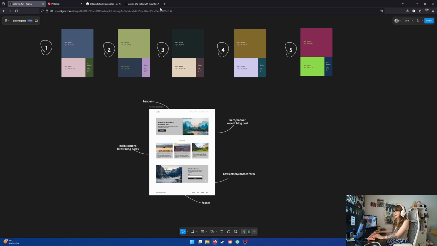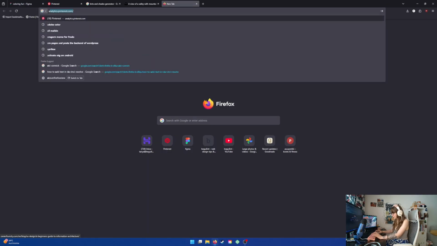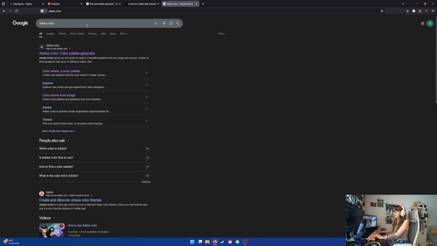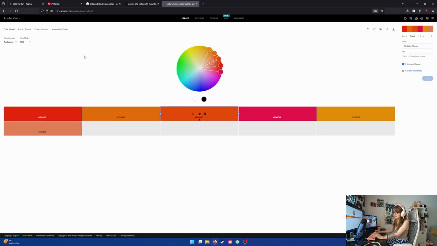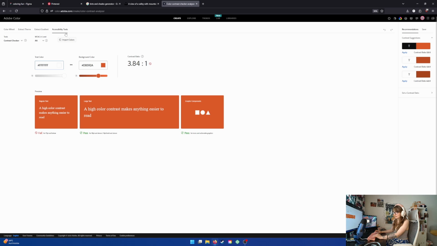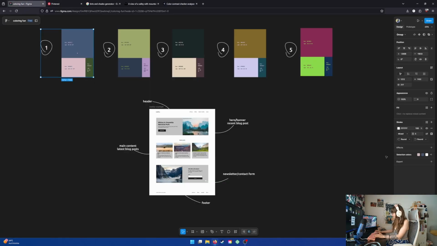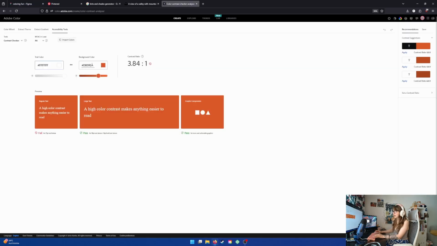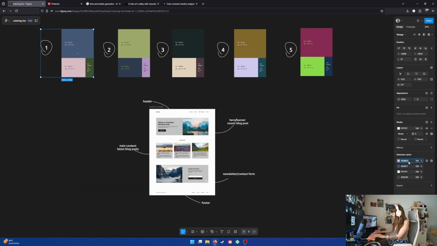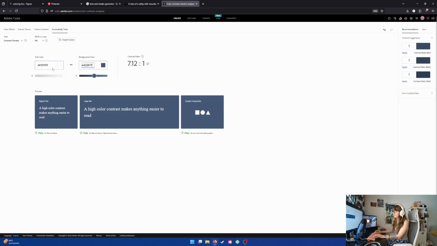One of the easiest ways, in my opinion at least, is to use Adobe Color. You can go to Adobe Color, it's a color palette generator as well, but basically go to accessibility tools. And in here, you can input whatever color you have in mind and a different color. For example, if we check out these colors, we would check how the blue looks together with the pink. All right, so